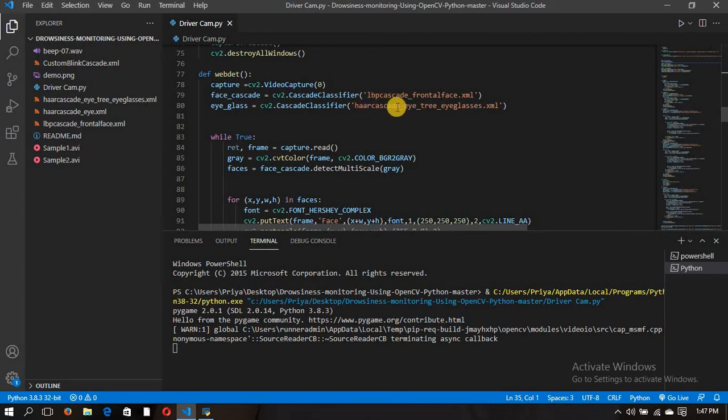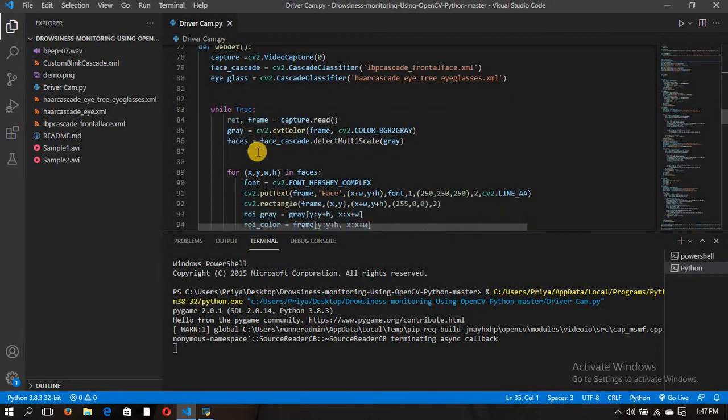Then again, the Haar cascade classifier is used to detect features by superimposing predefined patterns over face segments, and it is used as an XML file. Then if true, again the code is the same.